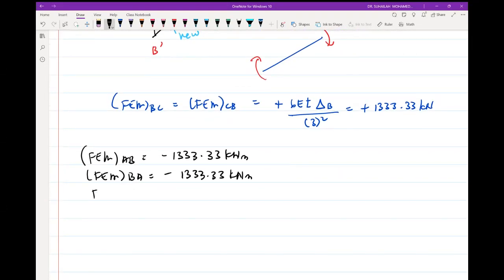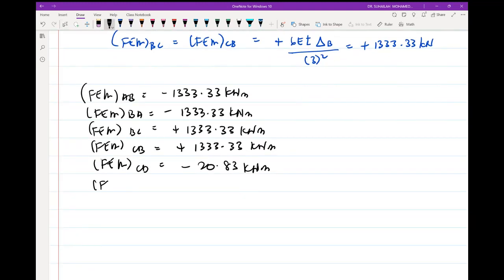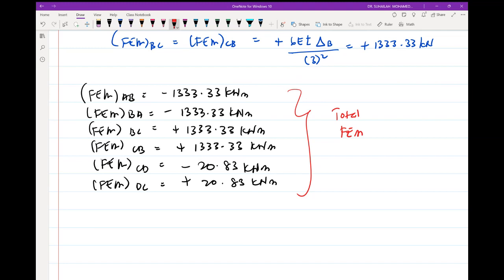FEM BC is positive 133.33 kilonewton meter. FEM CB is positive 1333.33 kilonewton meter. FEM CD is negative 20.83 kilonewton meter, and FEM DC is positive 20.83 kilonewton meter. So this is the total FEM, and we will use this in the table to calculate